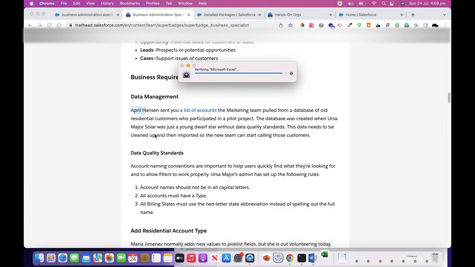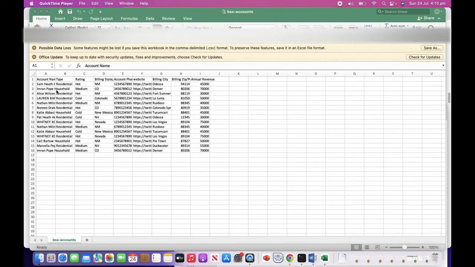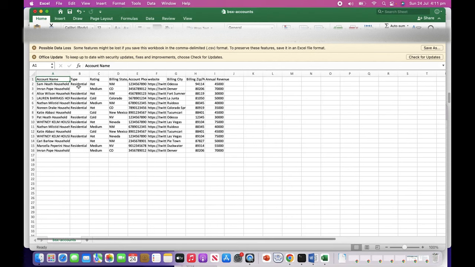So what we are going to do, we need to clean up this data and then import it so the new team can start calling those customers. That's what we are going to do now. See, the Excel sheet has been opened and you get to see the account name, type, rating, billing state, and